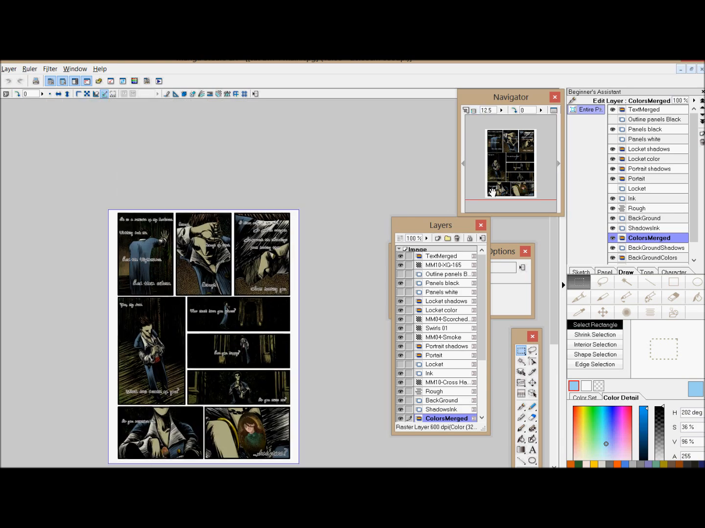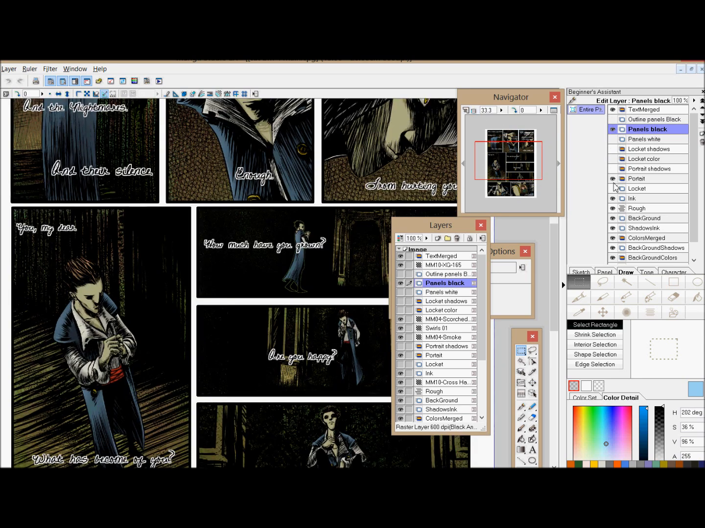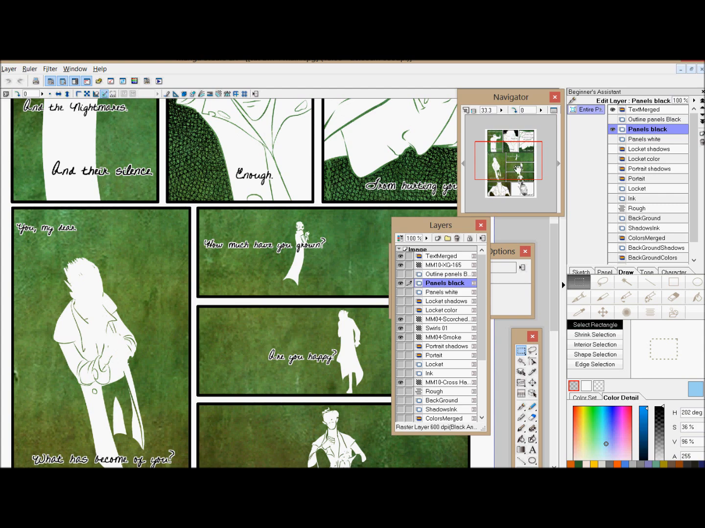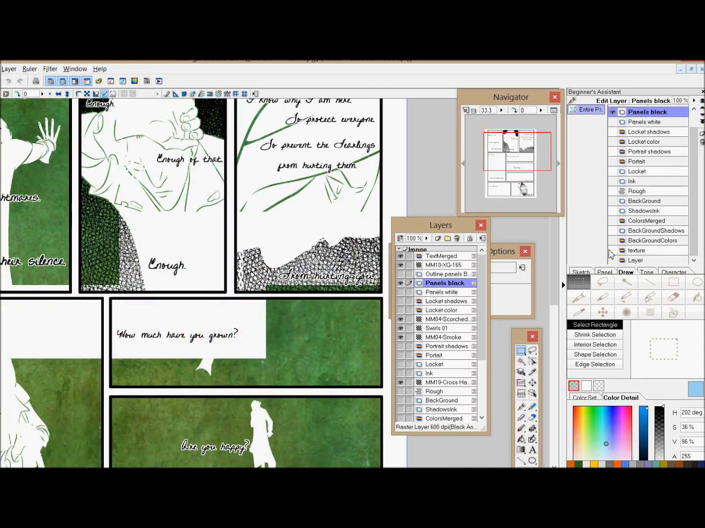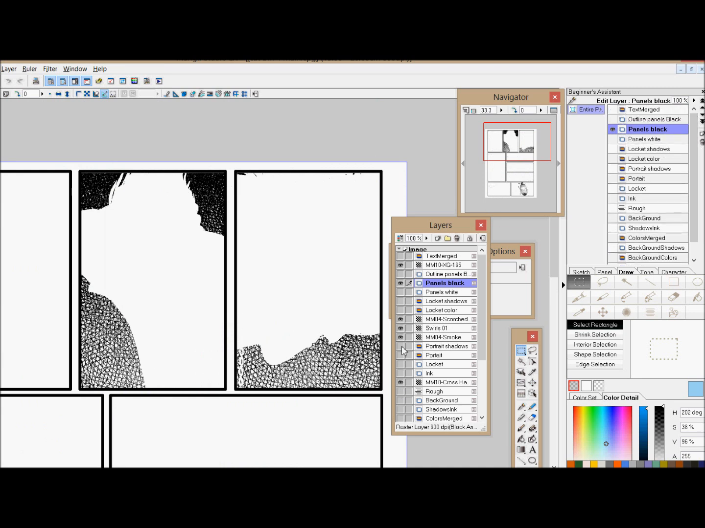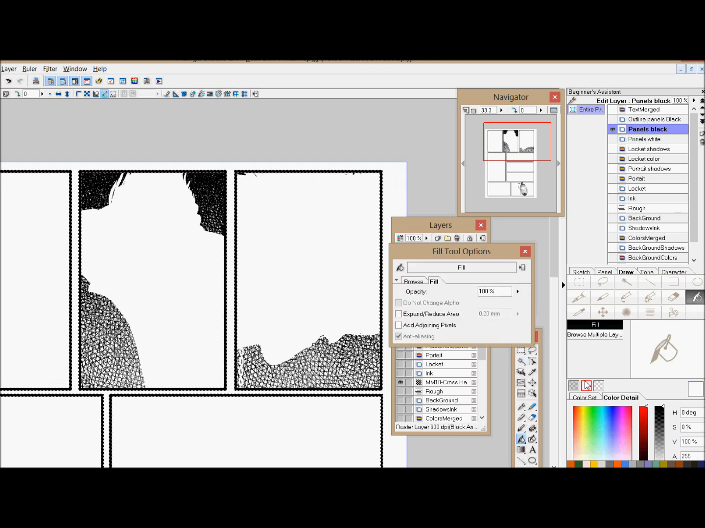And now I wanted my usual black outline, and I wanted the outline of my panels to look white. So I just went to panels, which, if you hide everything else, look like this without the text and the thingy. So you just select the black, and you color it white,